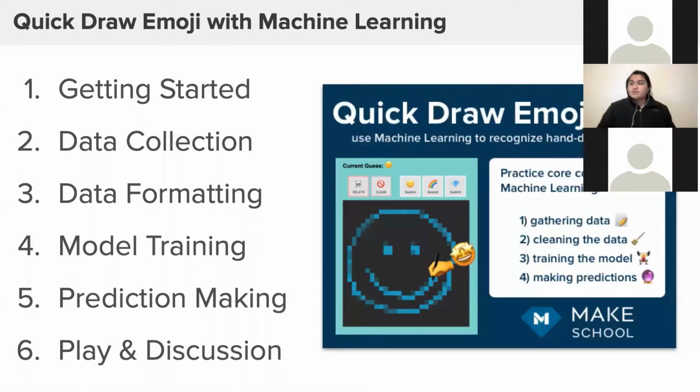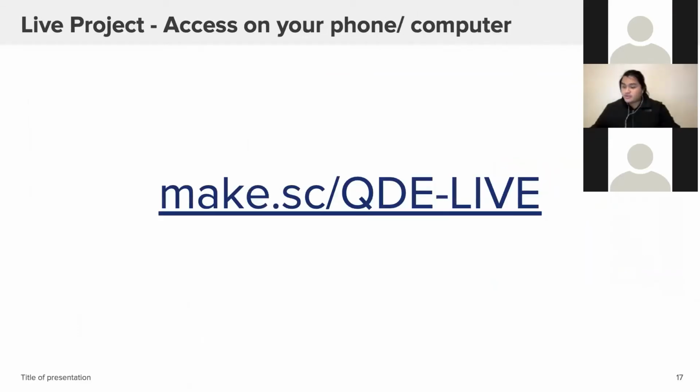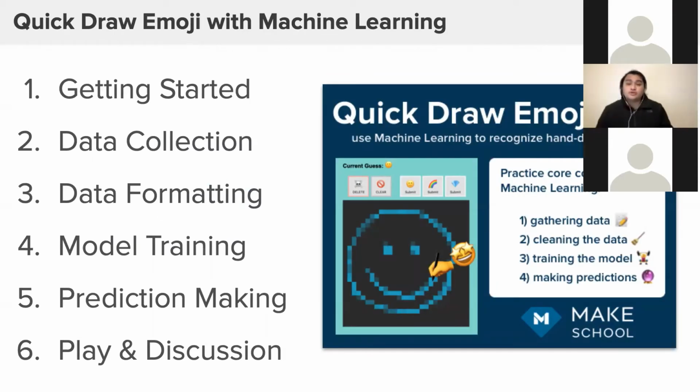The reason I mentioned these 4 core concepts is that we'll be using a machine learning program to train our model using a QuickDraw emoji today. I'll send you the live link as well as the Replit within the workshop. For those of you who don't know Replit or don't understand the code to machine learning, totally okay. You can ask me about the code even after the workshop, but I will share the link with you in a second.